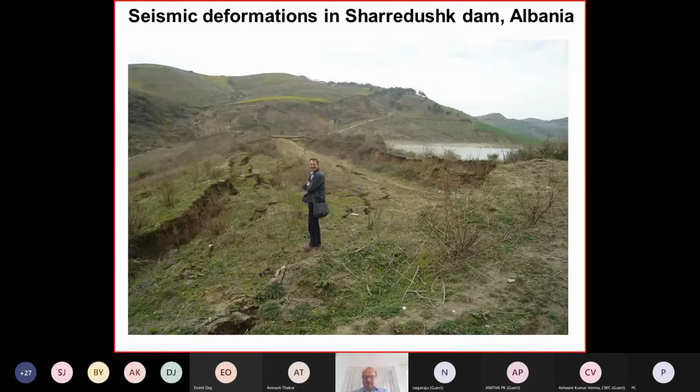Here is the reservoir. You see sharp. This is several meters here. So it is quite, yeah, it is surprising. Okay, water level was not very high, but as we can see, this very small earthquake, magnitude 4.1, can occur